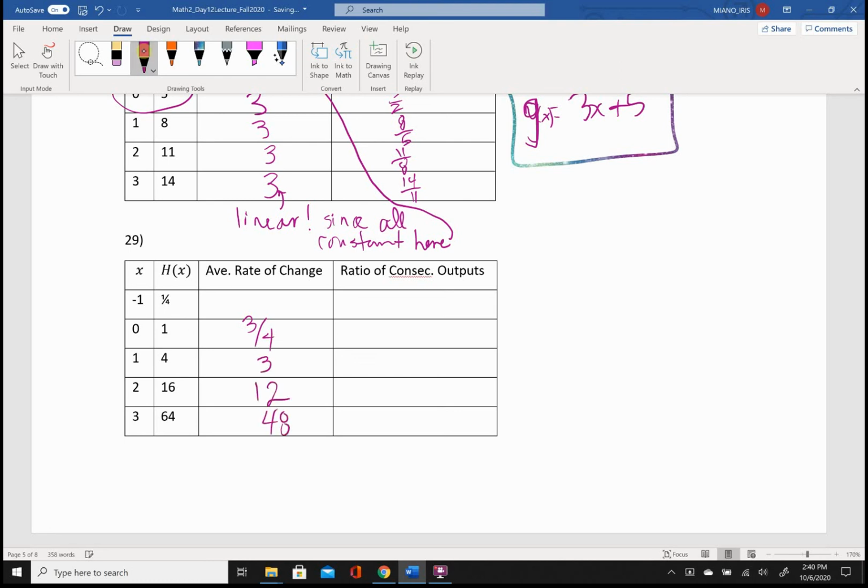My goodness. So, but is the ratio of the outputs going to be doing something interesting? So 1 over 1/4, that's a ratio of 4. 4 over 1, that's a ratio of 4. 16 over 4, 4. 64 over 16, that's 4. Wow, so the ratio of consecutive outputs being constant,